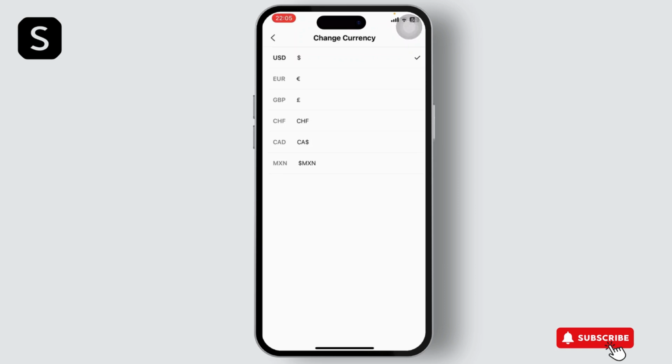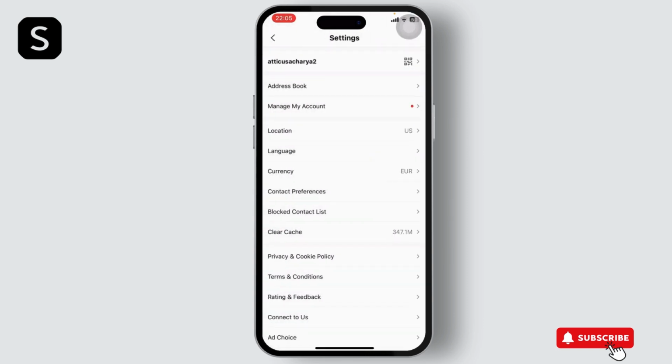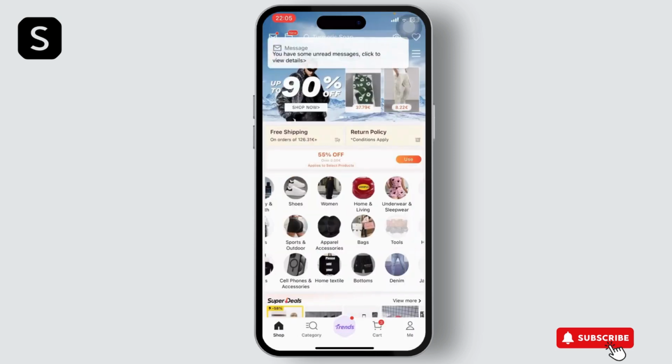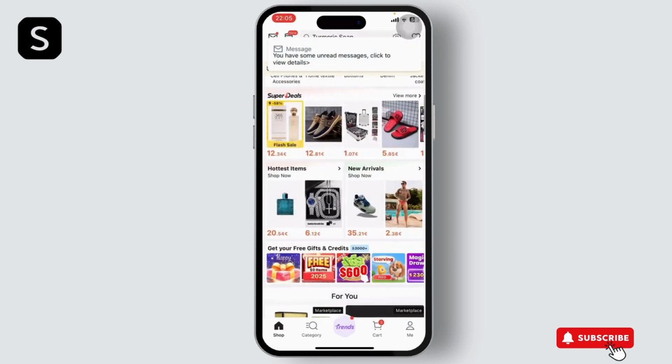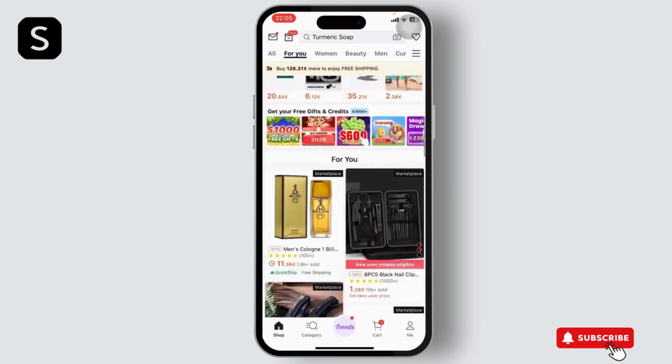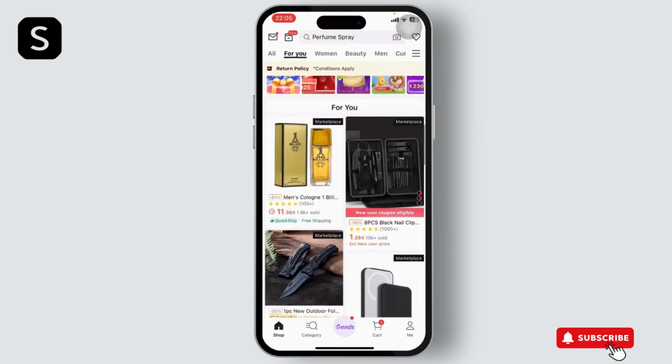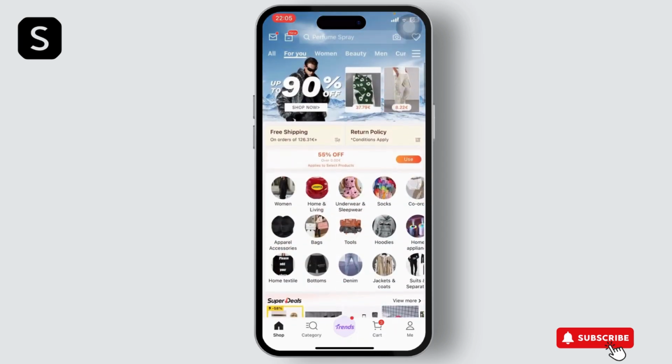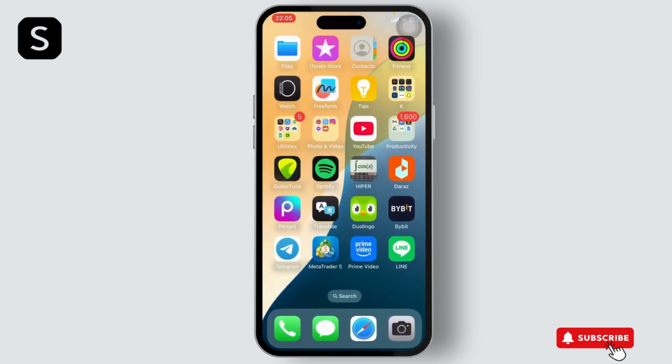Now as you can see right here, you have the USD, you have your Canadian dollars, you have your euros and many others. Now simply choose your preferred currency and that's basically it. Now all of your prices and all of your items and their pricing will be in euro or simply the currency that you choose. And it's that simple. That is basically how you change your currency